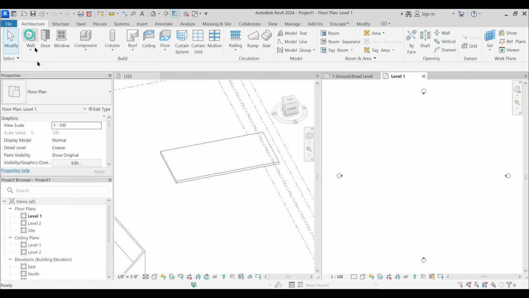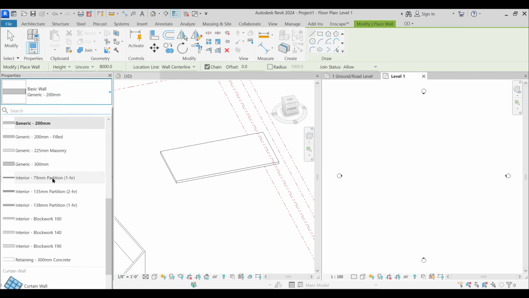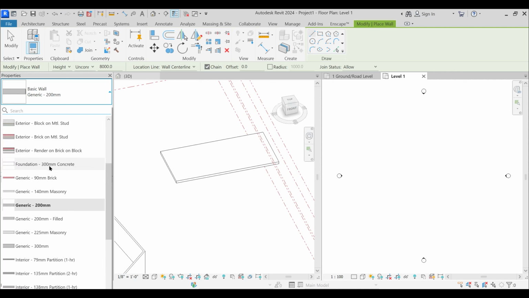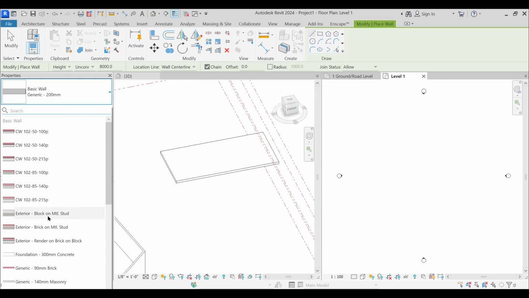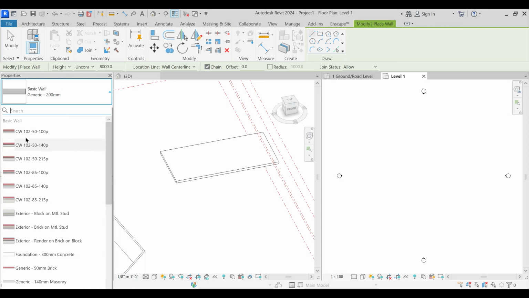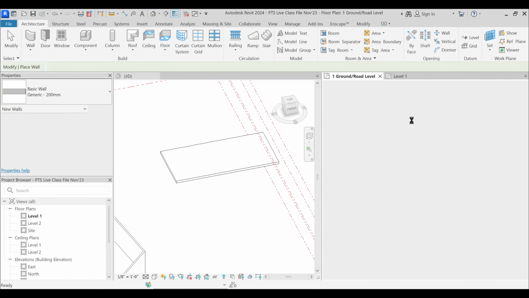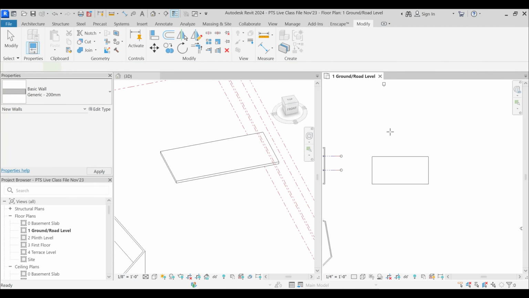Of that, if I just click wall, then you see that you have that same wall, but with dimensions of 200 mm and all that. Okay. Under that also you have this exterior brick on metal stud and all that. It has these extras. Fine. I'll just close it and we will stick to Imperial system.